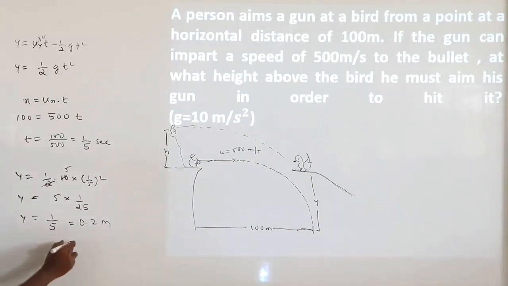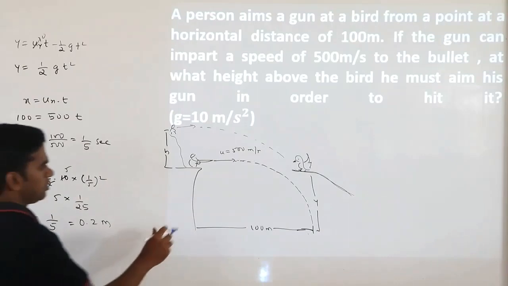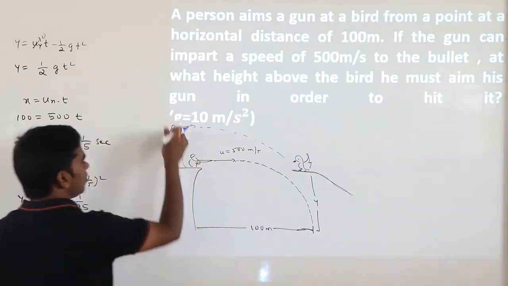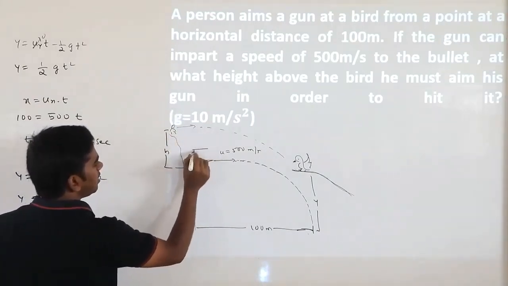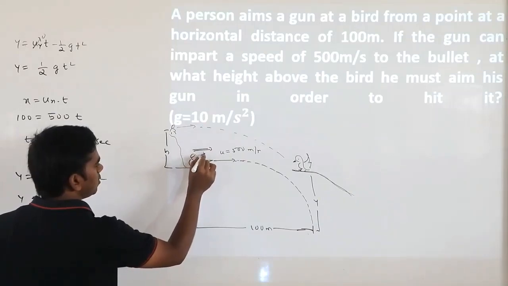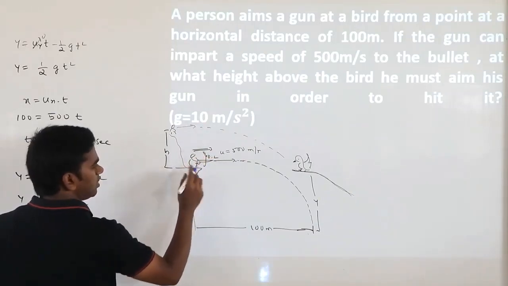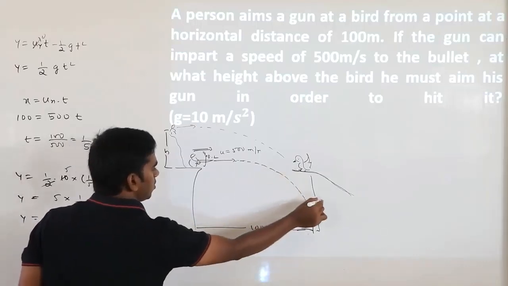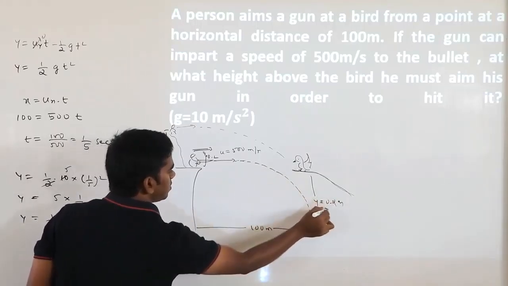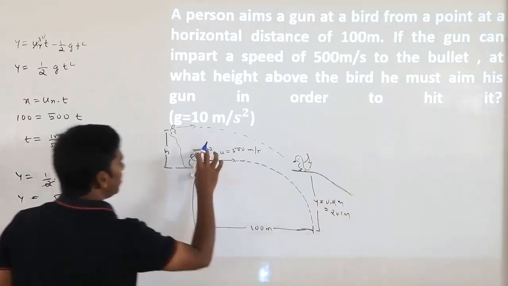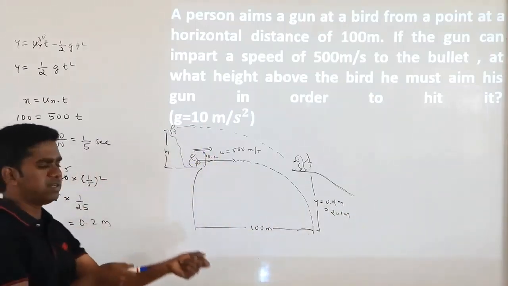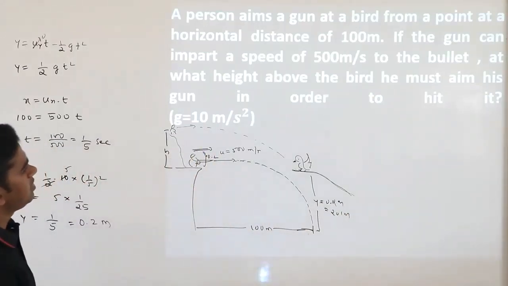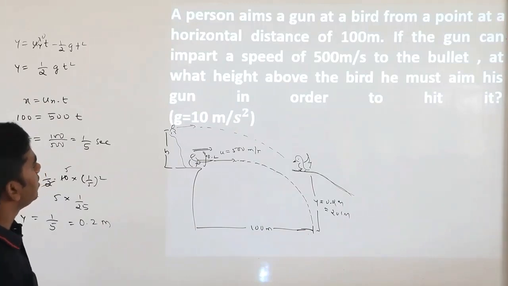0.2 meter. So 0.2 meter in the sense, if he instead of going here, just takes the gun a little over here, this is 0.2 meter. So that much is enough. It is not that much height. So this is 0.2 meter, it means you can say 20 centimeter. If instead of going there, he just lifts his gun by 20 centimeter, obviously he can hit